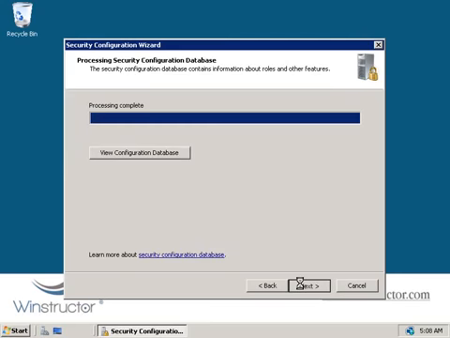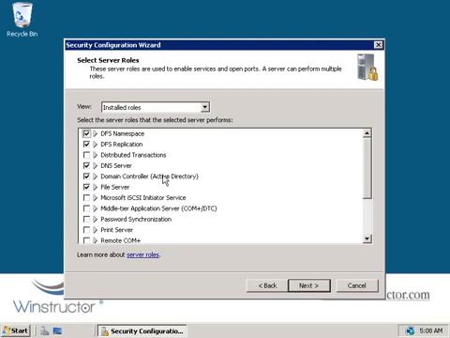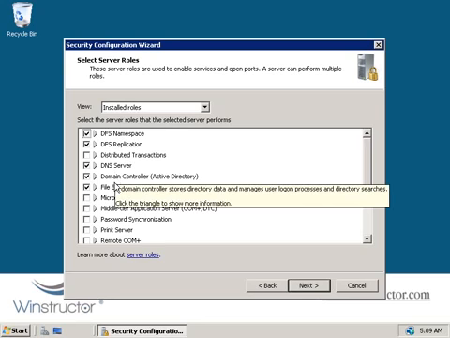All right, well, let's click Next, and this will move on to the next part of the wizard, which is where we'll be configuring services based on the server's role. So we'll click Next again, and then the wizard's going to list all of the roles that we currently have installed on this server. So here on this domain controller, we have the roles that we just saw in the configuration database, the DFS namespace, DFS replication, we have DNS server,